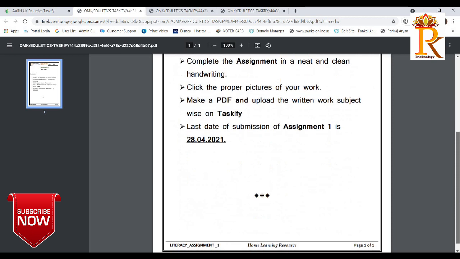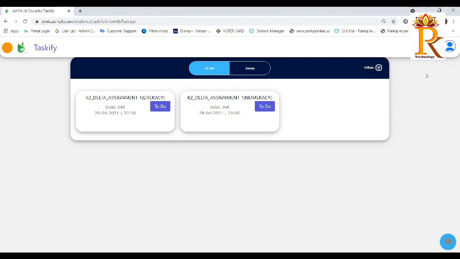Suppose I have completed my task and it's done. Now you have completed your task and you need to submit it to the respective teacher. So before that you need to create a PDF of those homeworks. In a simple manner, you need to click images in your mobile phone and make it a PDF.